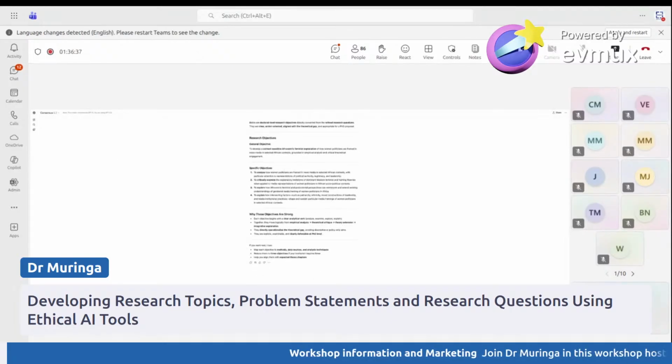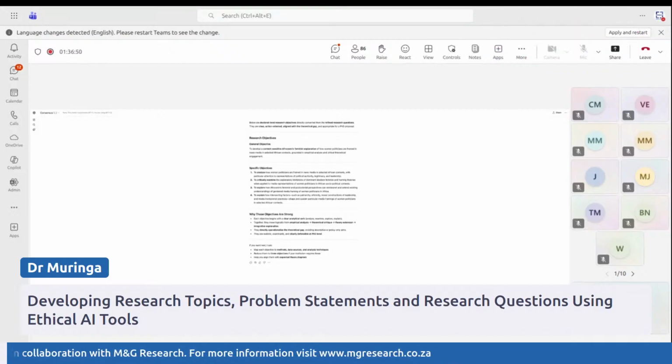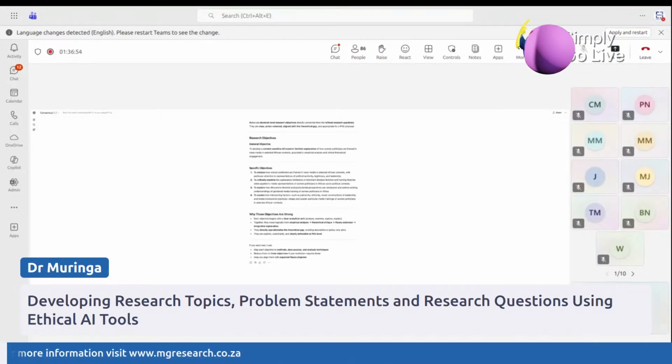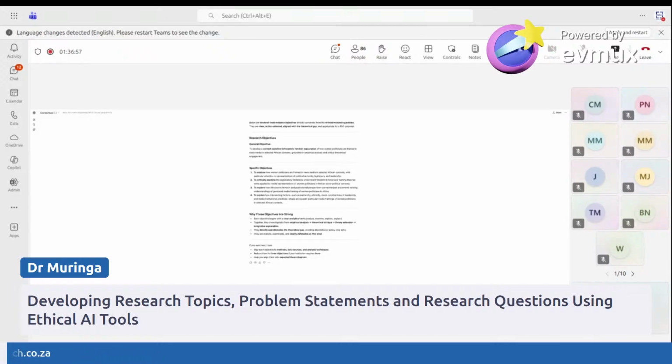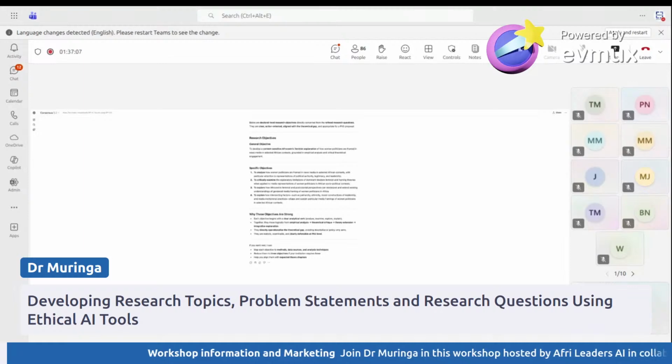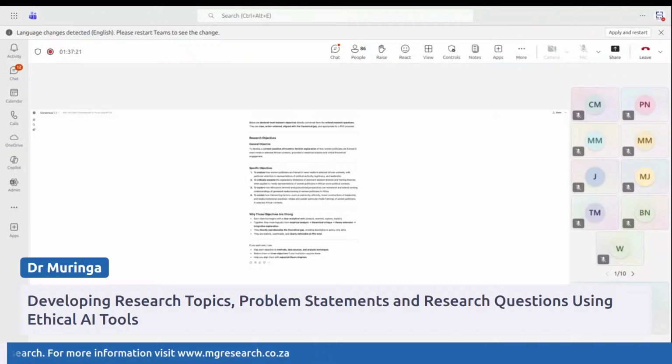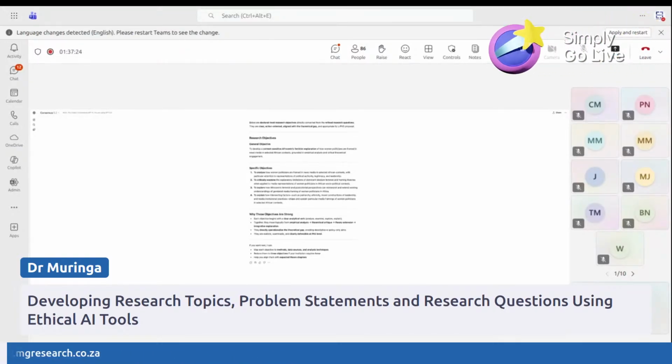Then I'll say in 1,000 words, now provide the final version of topic, research gap, problem statement, key questions, and the objectives. Make sure you cite the